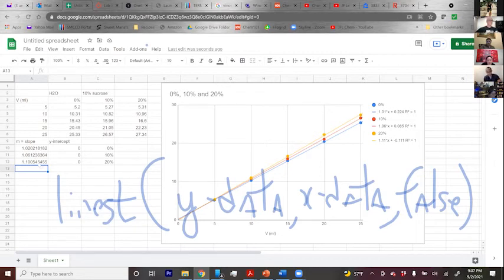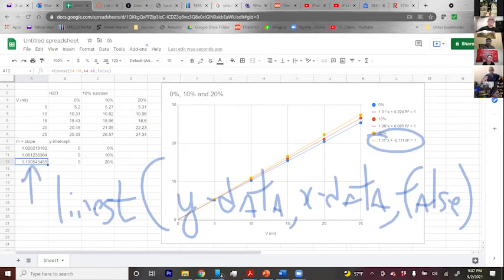Okay, so there's my new value for 20%. You can see the slope went from 1.11 to 1.10. So notice the slope went down a little bit. The reason is that this time my y-intercept was negative, so when it was corrected, it actually lowered the slope slightly. That makes some sense. So now my new 20% value is 1.10